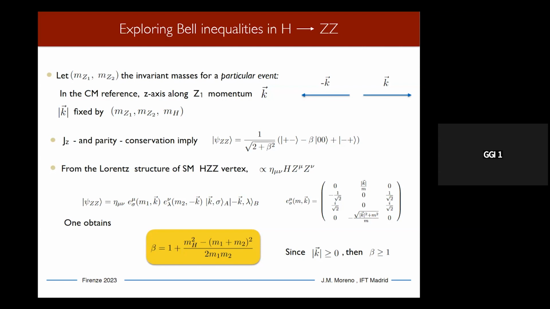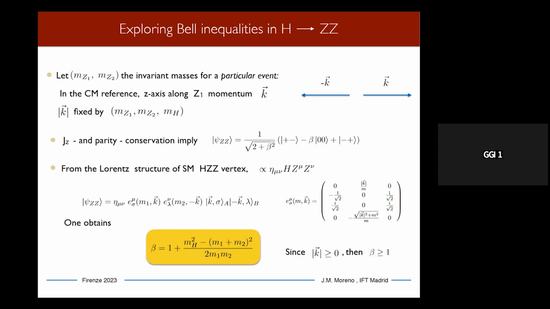assume a particular event of a decay of a Higgs into ZZ. In principle, at least one of the two Z's has to be off shell. But we could work in the center of mass reference frame and then fix the axis of the momentum of the Z bosons. And then this particular event, the kinematics, is just fixed by the two invariant masses of the two Z bosons. And then once the momentum is fixed by these values,